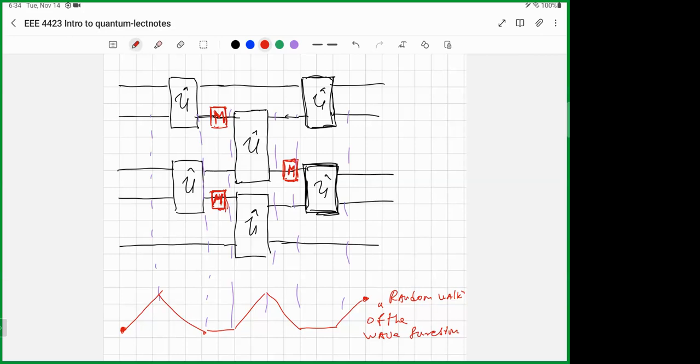Starting from a number of qubits around 50, there is no classical computer that can simulate this random walk classically, but at the same time the quantum computer can do this random walk